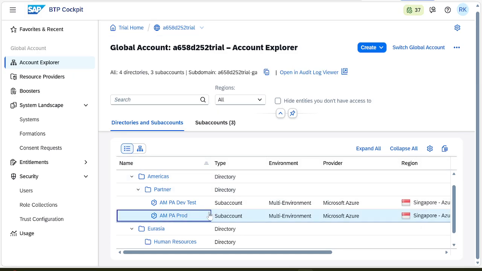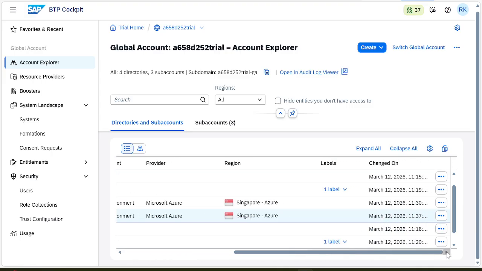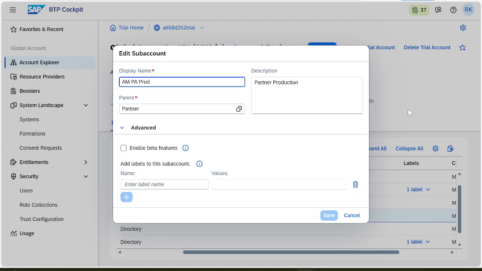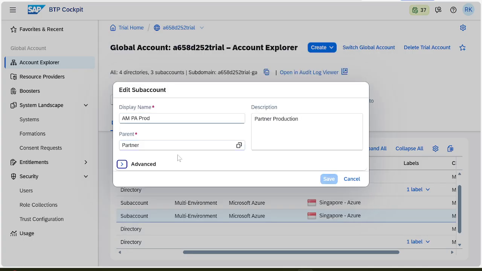This is the sub account, and I want to change something. Create new, add more info, move, edit. Suppose I am clicking on edit. So for this production, here we cannot see that name.